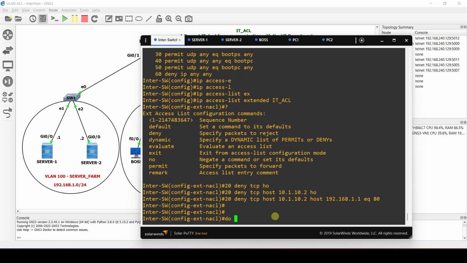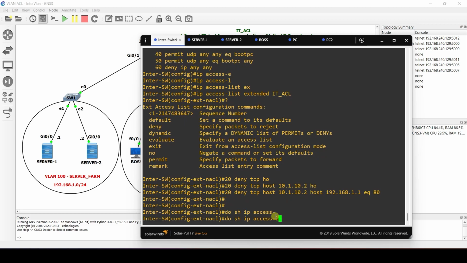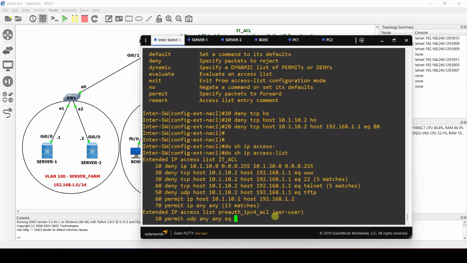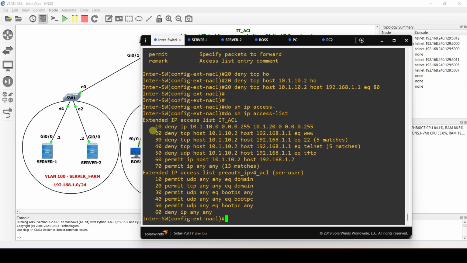So let's check. So do show IP access list. So we'll notice that instead of our entry coming underneath here, because we assigned a sequence number to it, it is now the second line of entry here, right? So now let's try to